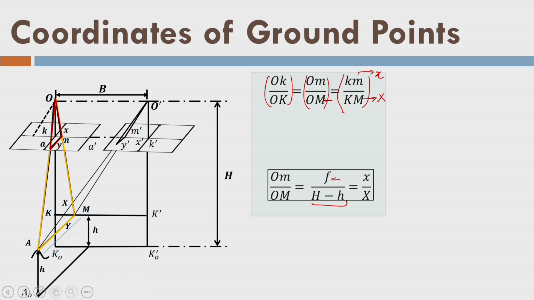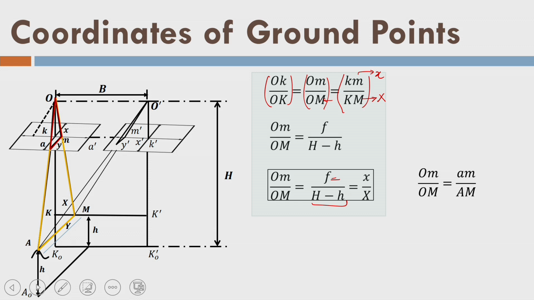Similarly, if I write for y in the same photograph, you see there is an animation. This triangle and this triangle, the yellow triangle and the red triangle, are similar triangles. Using this, I can also write like this, or like this, or like this. Again OM is the same here, and here you are calculating this one, which is nothing but y by y.